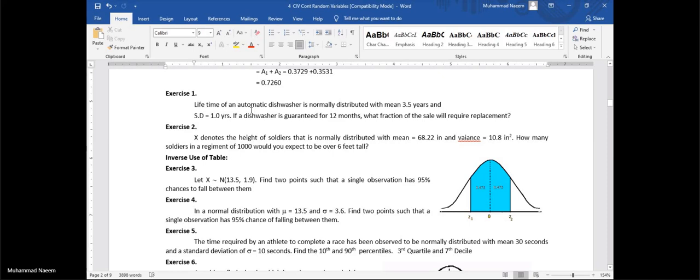The claim will be accepted, and the fraction or the probability of the automatic dishwashers which need a replacement, actually the probability for less than this warranty period, the proportion is less than this point. So actually we need